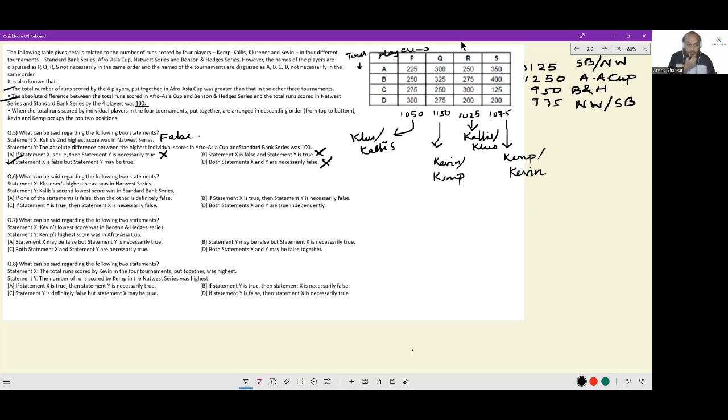Let's read through. If one of the statements is false, then the other one is definitely false. This is a beautiful way of saying it because in my head, what I'm thinking is, if I put Klusner here, and I put the tournament D as NatWest and tournament A as Standard Bank and Klusner at P and Carlos at R. Can you see? Highest score for Klusner is indeed happening in NatWest, and the second lowest score for Carlos is indeed happening in